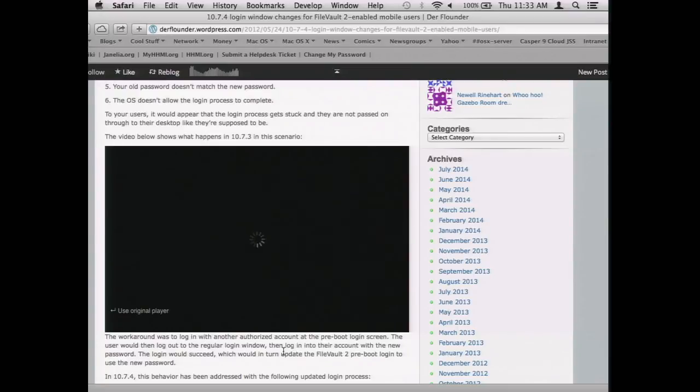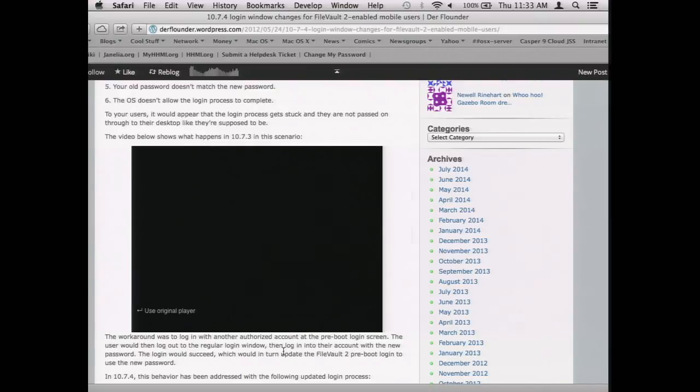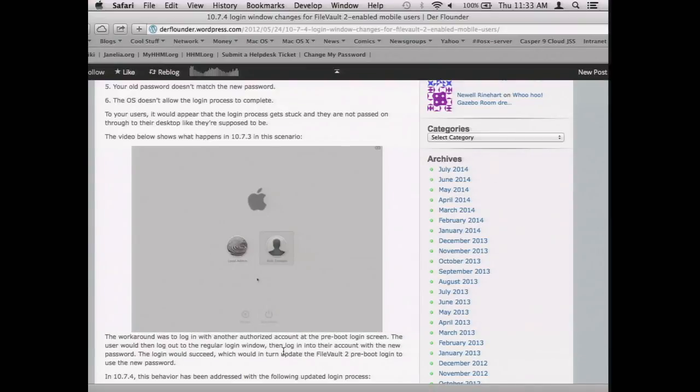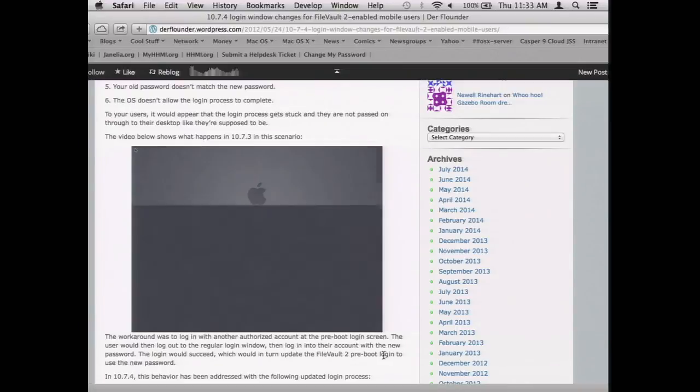No, but I guess, will the user still be prompted for the password change once they get past the pre-boot login screen? You're jumping ahead. So this is what happened as of 10.7.3. So the machine would boot. And then you'd get this. Wasn't that great? There's no logins. So the way it works after 10.7.4